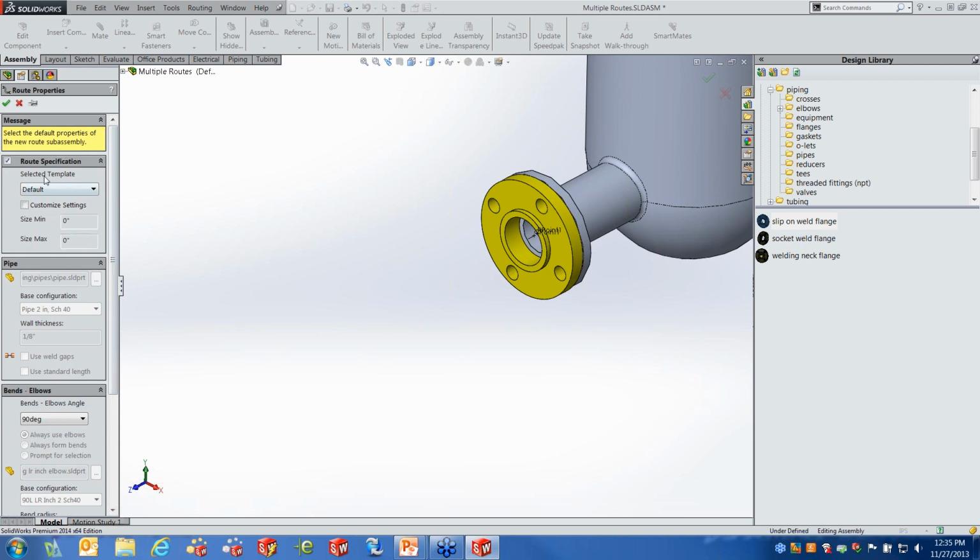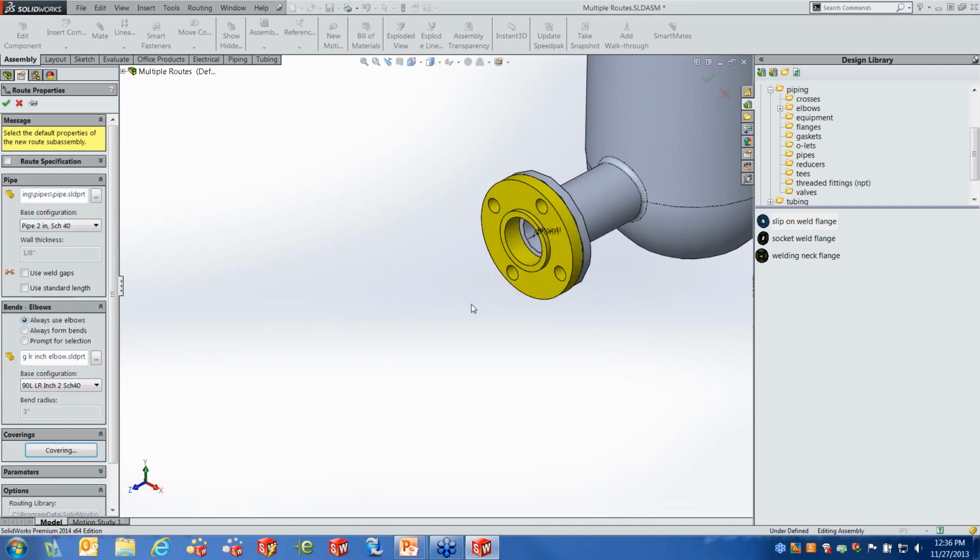What a route specification is, a spec, is the ability to create a template that tells the user we can only use these types of pipes in this design. So you can create a spec ahead of time so that it only picks 2-inch Schedule 40 pipe for this particular run. And this could be a pull-down menu. In this case, I'm just going to turn that right off. Okay, I will show you how to create a pipe spec. With that off,